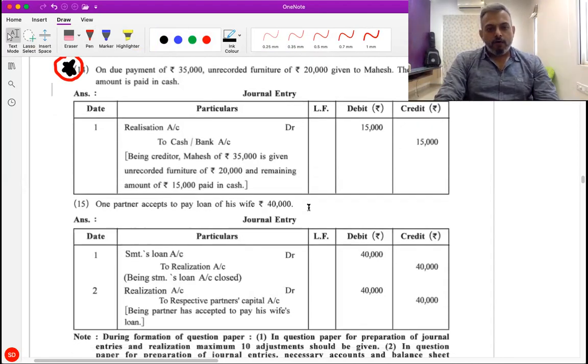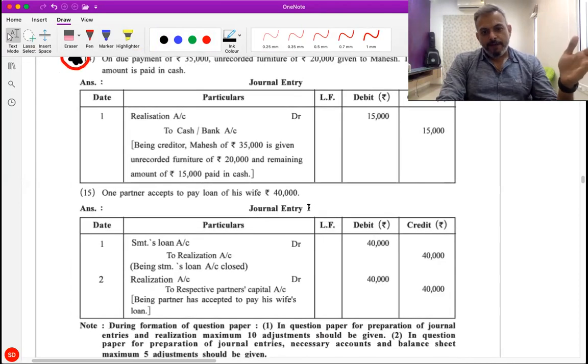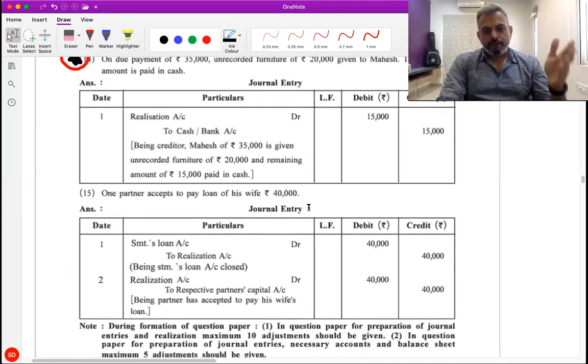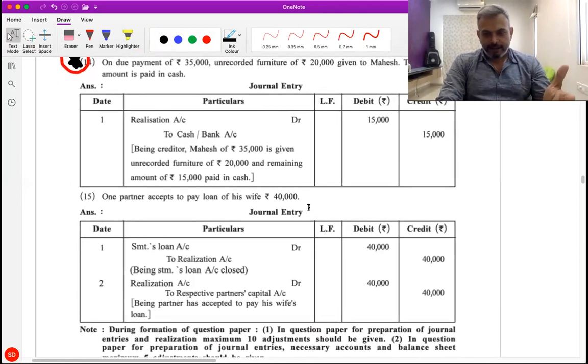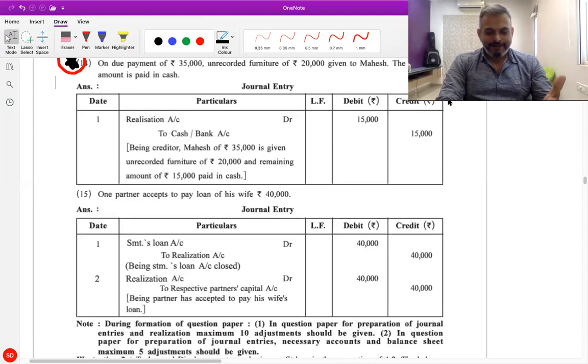Okay. Now 15. One partner accepts to pay the loan of his wife, 40,000. कोई ऑप्शन ही नहीं है बेचारे के पास. ओके, सबसे पहले उसको उसके वाइफ के पैसे देने ही पड़ेंगे. तो यहाँ पे बहुत ही सिंपल है, श्रीमती लोन अकाउंट डेबिट हो जाएगा, रियलाइजेशन क्रेडिट, एंड रियलाइजेशन टू रिस्पेक्टिव पार्टनर्स